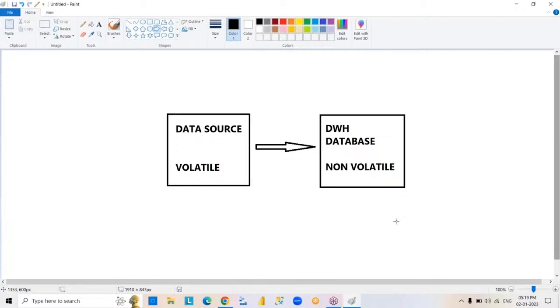Right. And so the major difference between data source databases and data warehouse is volatile and non-volatile. Because of the non-volatile property in the data warehouse environment,